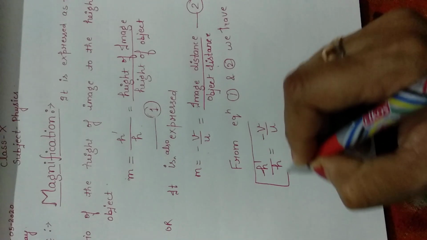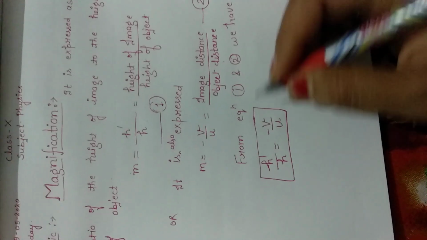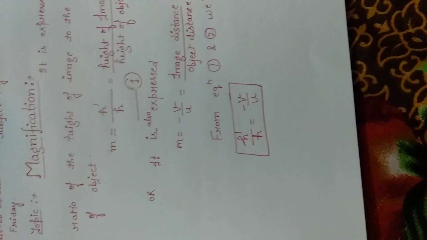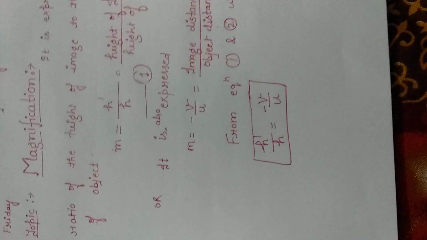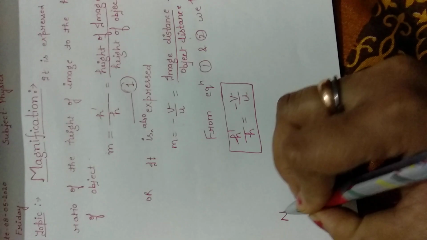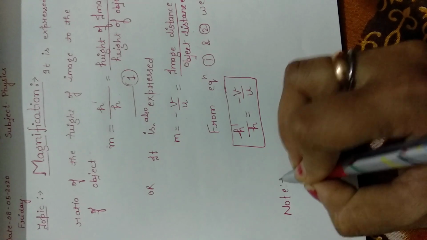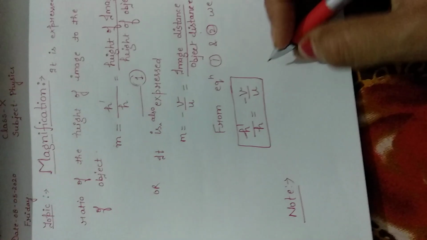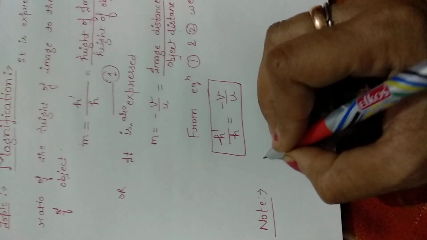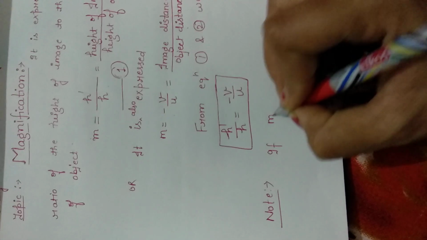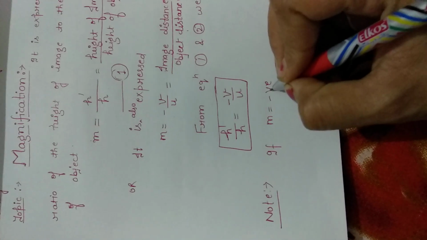This is a very important formula which you are going to use in the further section of the chapter, that means the important section, that is the numerical section of the chapter. Now the one query that is in your mind, what is the speciality of the formula, or what does this negative sign indicate? If in the question you are getting that m is negative, so just think from